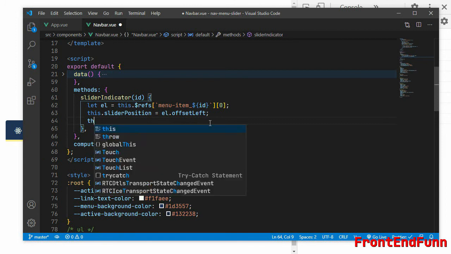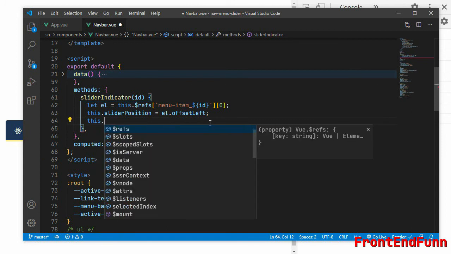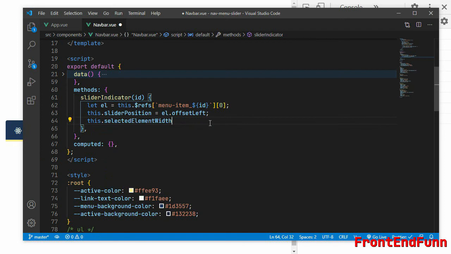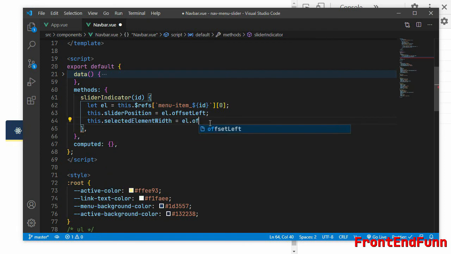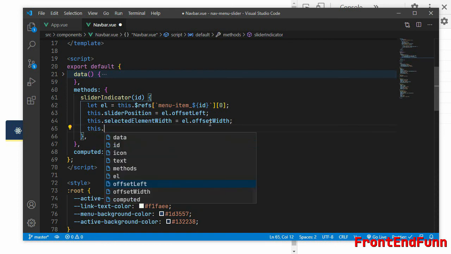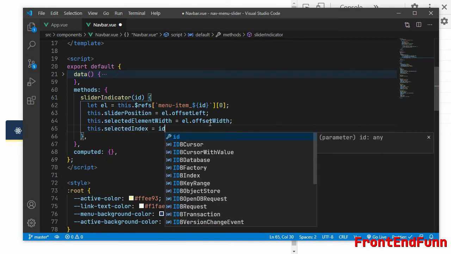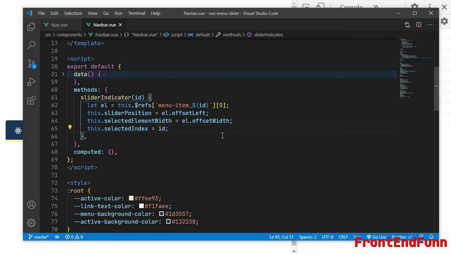Okay, next we need to update the selected element width also. To calculate the width, instead of offsetLeft, we'll be using offsetWidth here, which gives the width of the particular element the user clicked. And also we need to update the selected index, that will be the id which the user clicked here.